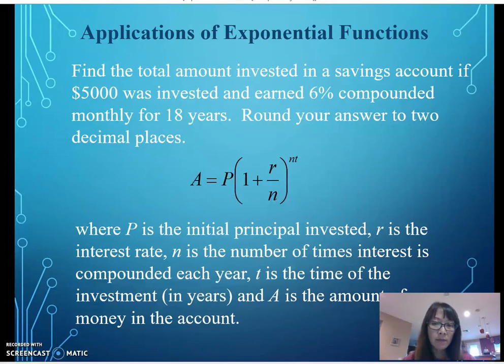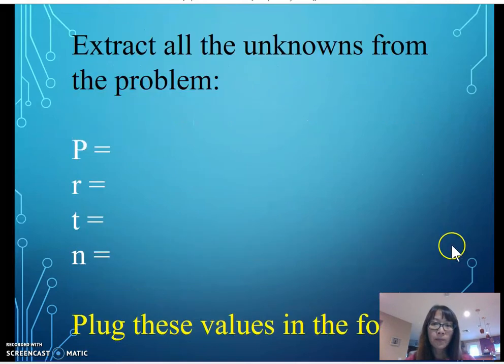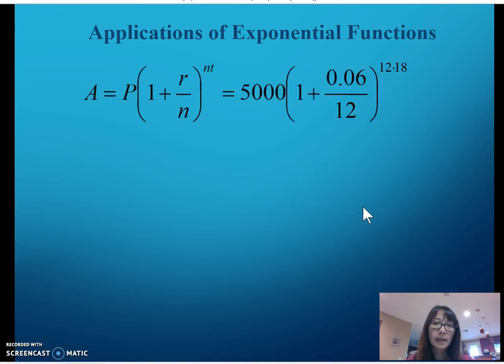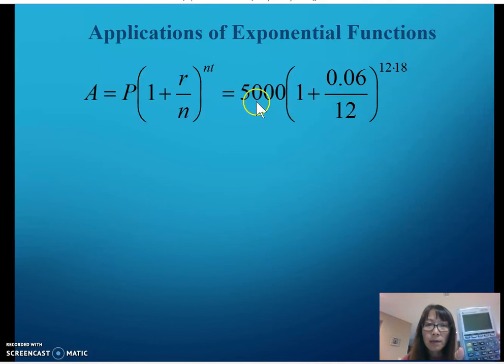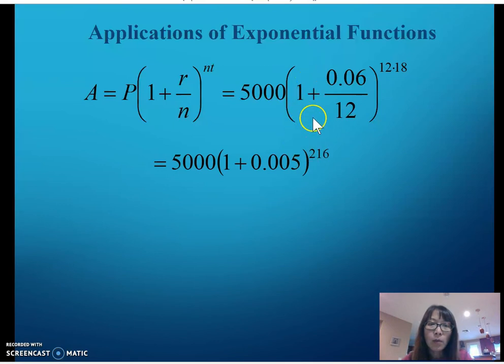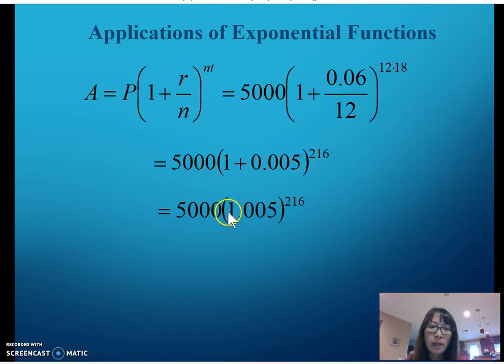Okay, so we're going to plug those values into our formula. So you would want to jot those values down and plug these guys in the formula, and it looks like that. So now you're going to get your calculator out, and you're going to punch in 5,000 parentheses, and then this whole part raised to the power 12 times 18. The other way that you can do it is break the problem down a little bit before you put it in the calculator. For example, in this case, we can take 0.06 divided by 12 to get 0.005, and then you can add the parentheses,